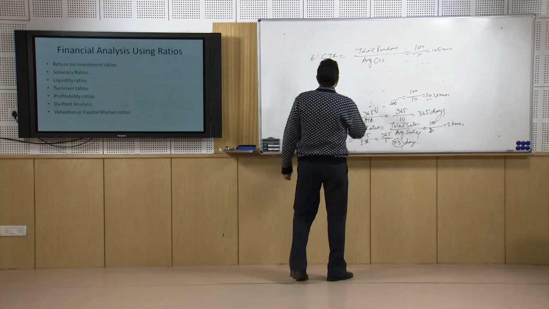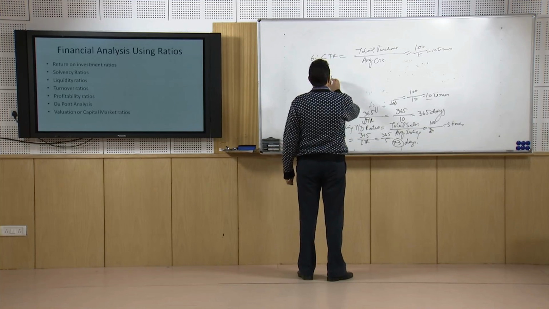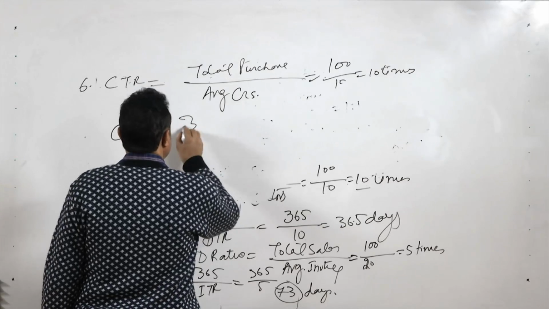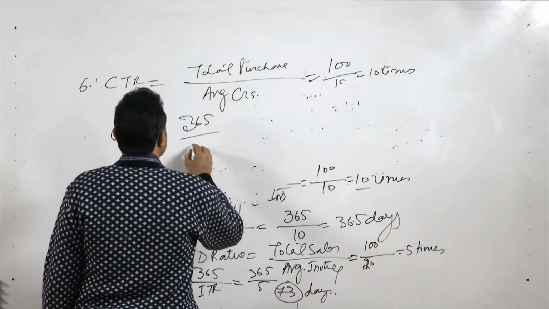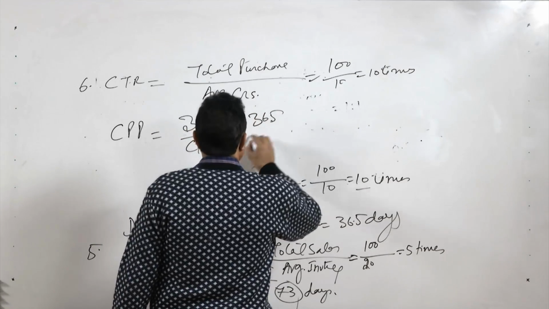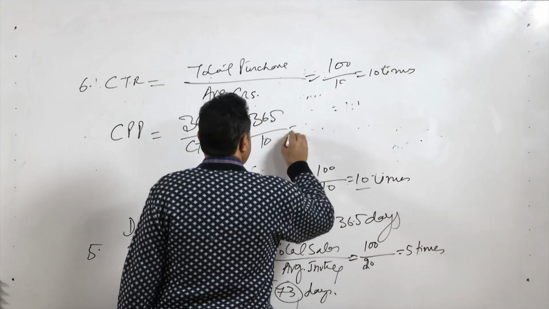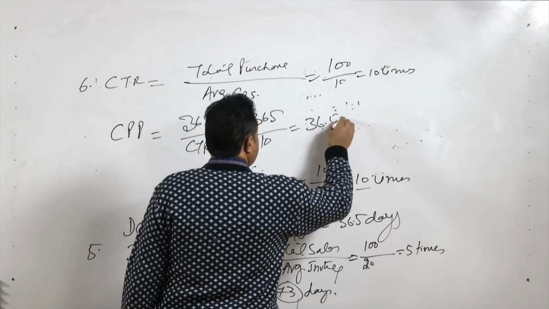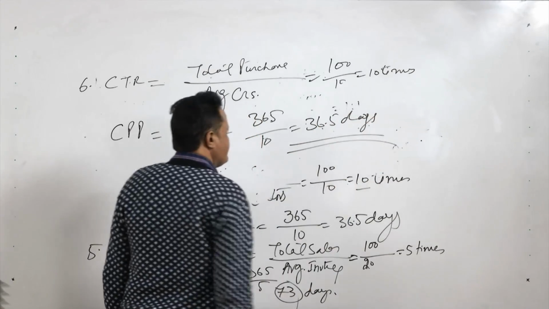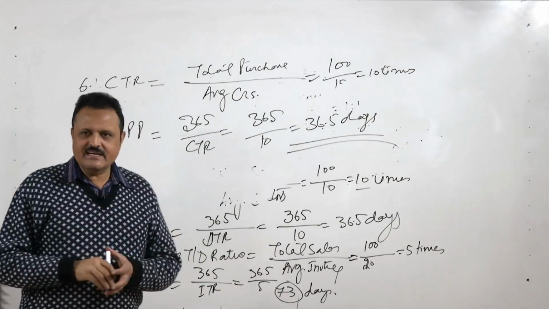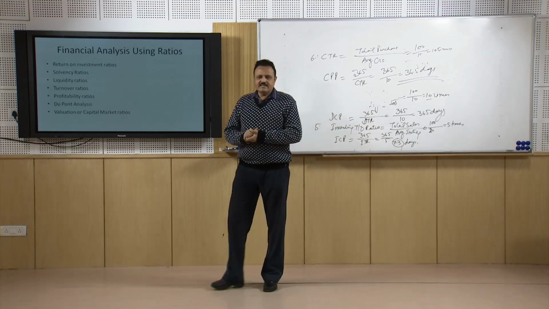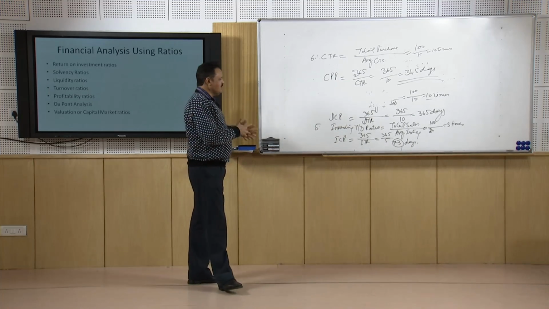Then it can be converted into credit payment period, CPP, and again it is 365 divided by the creditors turnover ratio, and this is 365 divided by 10, which is 36.5 days period in which the creditors are being paid. Generally the suppliers are being paid by the firm in a period of 36.5 or 37